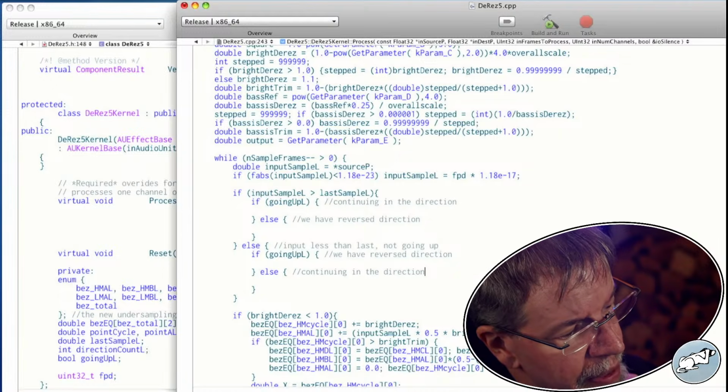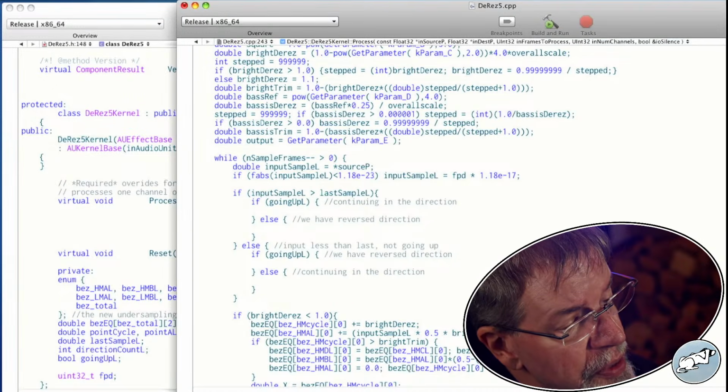I'm speculating on that one now, because we know we need to refer to the last sample.